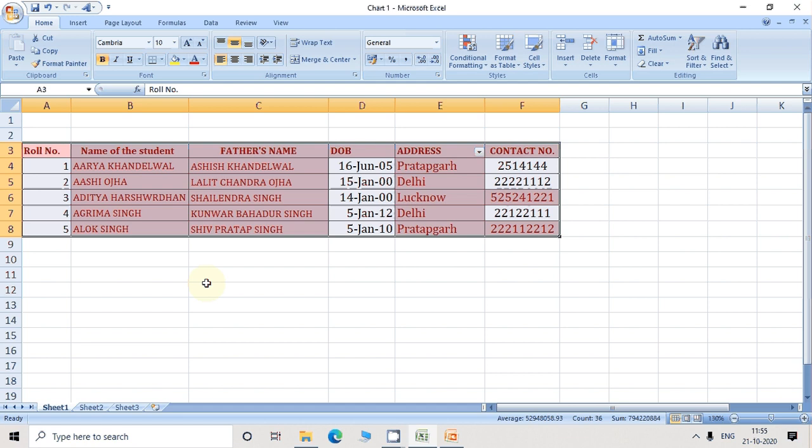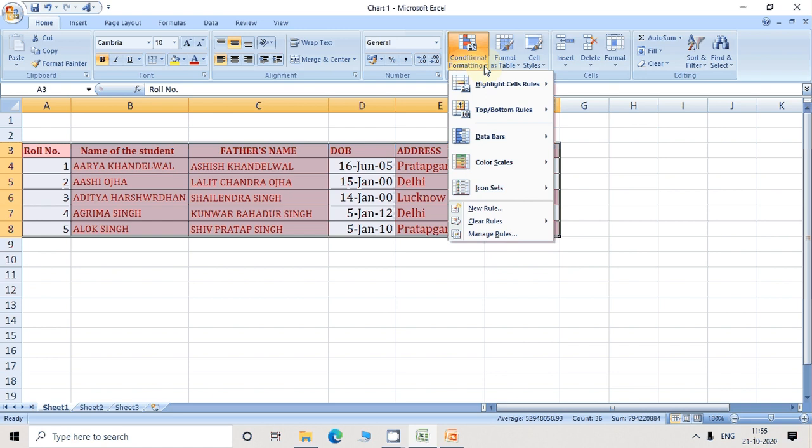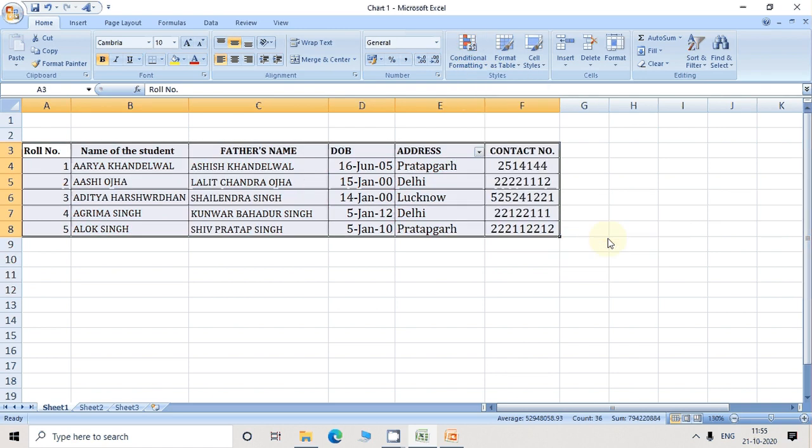Next you can also format the condition. Click on this conditional formatting arrow and clear all rules from the entire sheet. Okay, so all the former conditions which you put in the table are cleared from the entire sheet. To clear conditional formatting, choose clear rules from the conditional formatting submenu. In this way you can clear the conditional formatting.